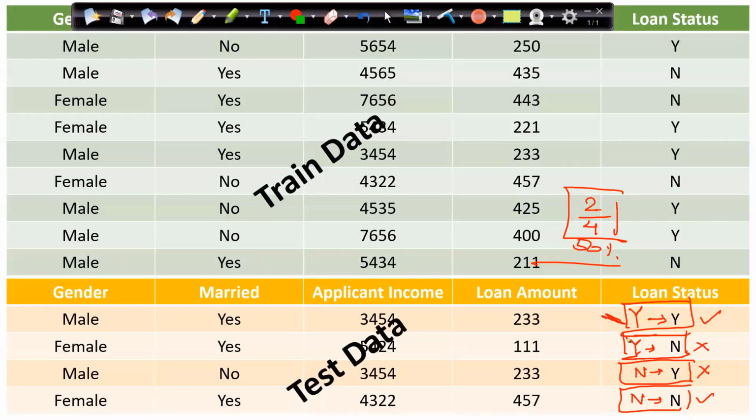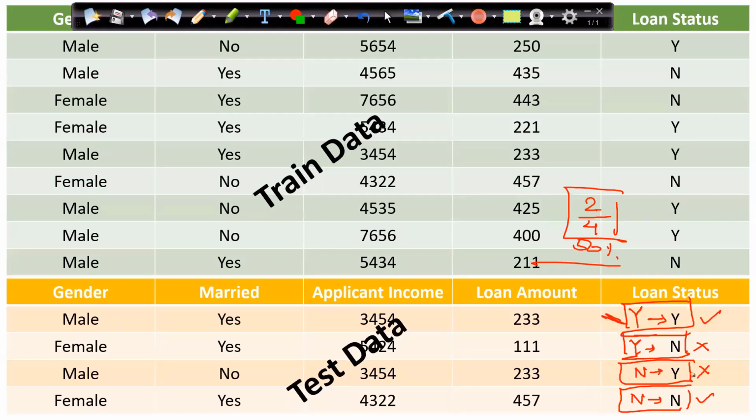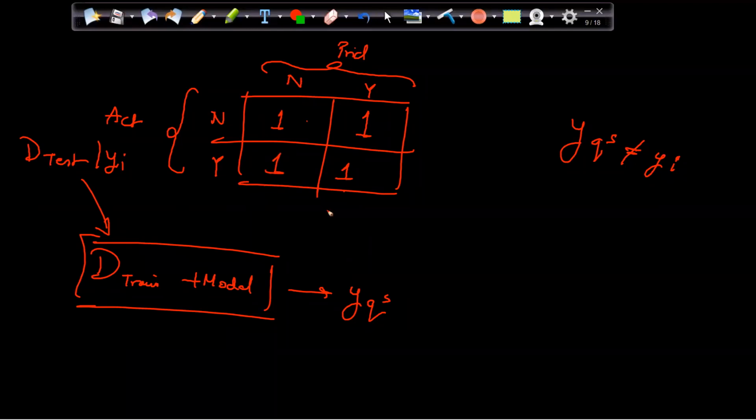How many do we have of YN? That means actual it is no, but predicted is Y. That is 1. And in the same way, NY: actual it is Y, but predicted is no. So we are getting this confusion matrix.